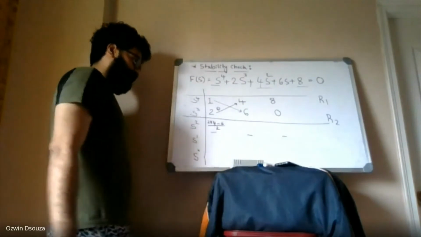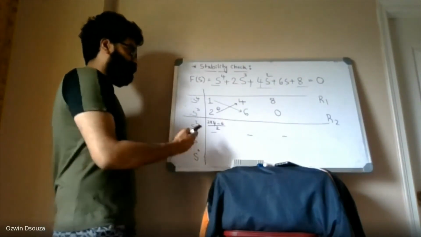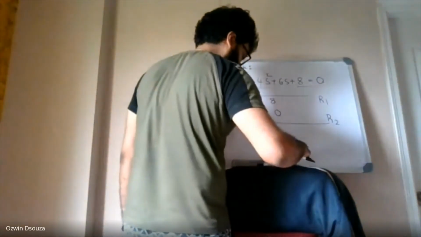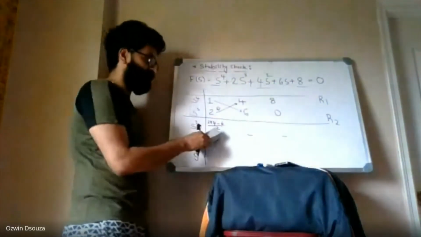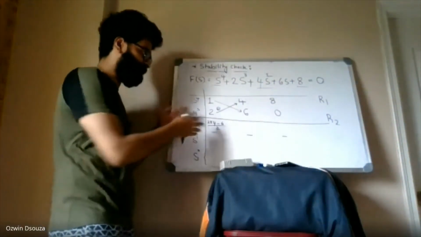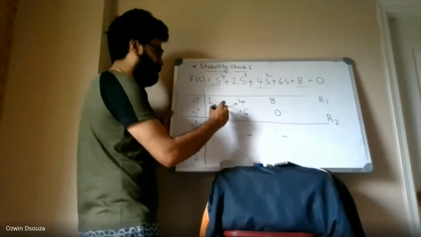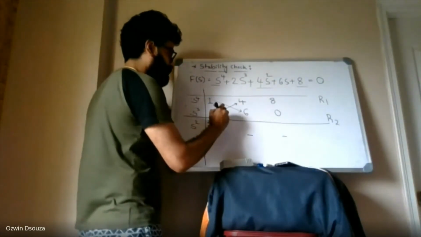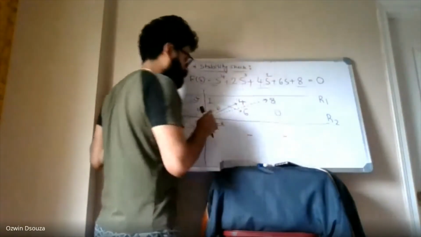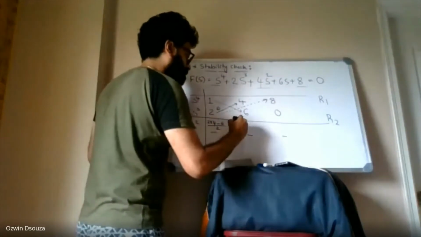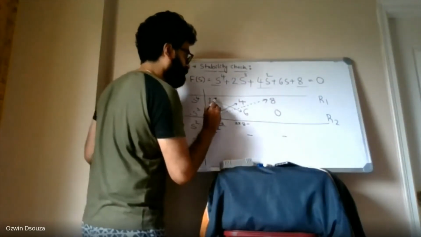4 into 2 is 8. 8 minus 6 divided by 2. 8 minus 6 is 2. 2 by 2 is 1. So you should have 1 here. I will write it later. First you copy this one. Now let me find the second element. So how will I do it? For the second element, it is 2 into 8 minus, what is it that I should do?